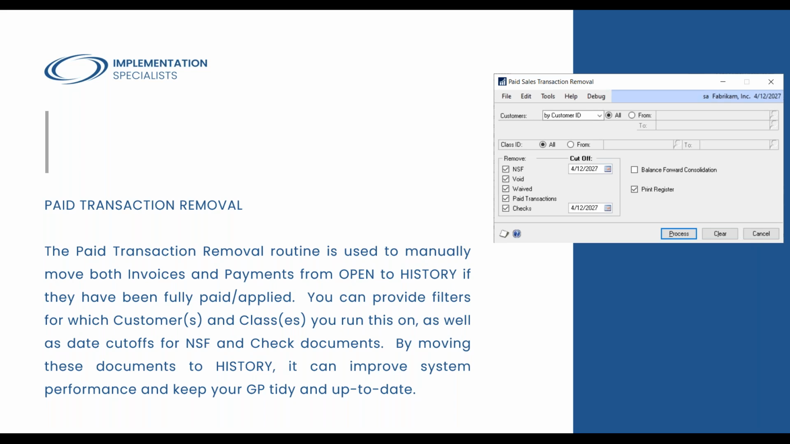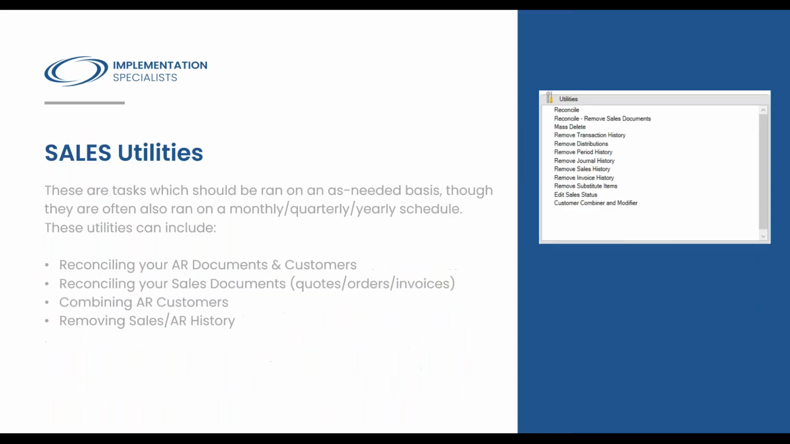Okay. All right. So let's continue through. Let's talk through the utilities that we've got available for us in the sales module. So these are tasks that really just need to be run on an as-needed basis,